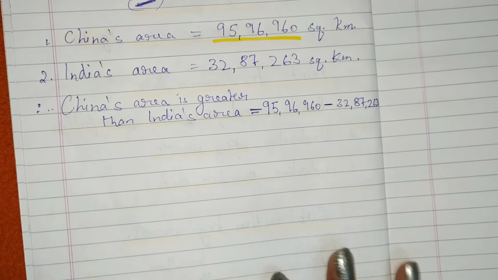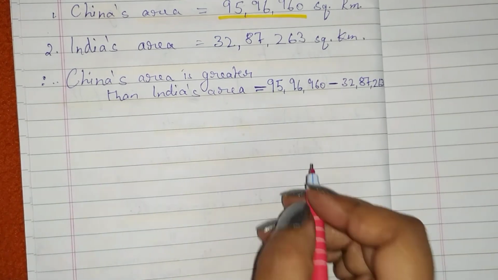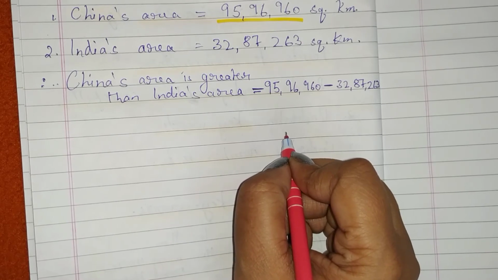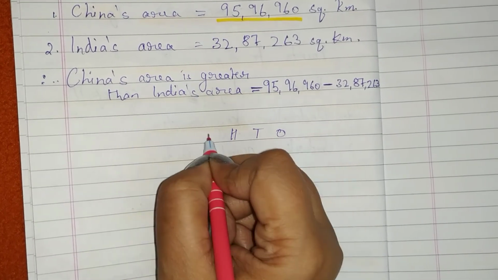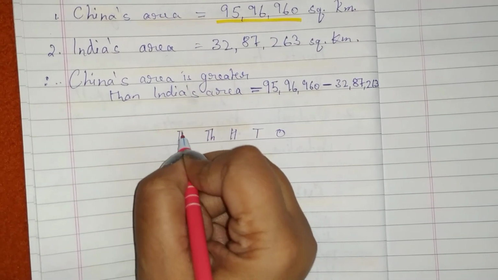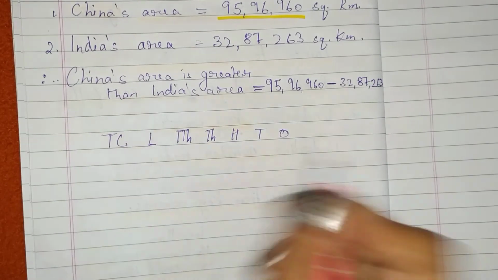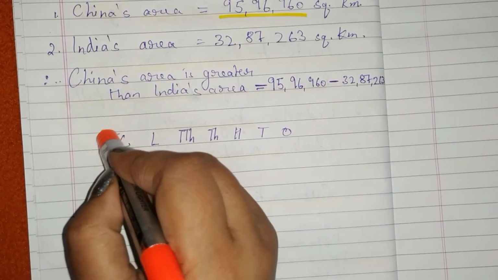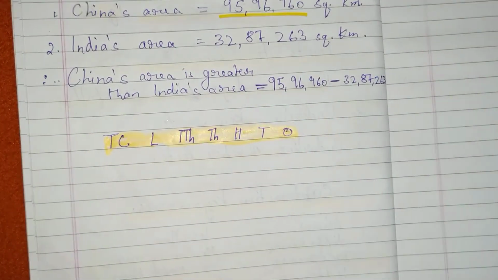Now arrange it vertically. Children, I have always told you, I always keep reminding you that we always place numbers from the right hand side. So what will be the place value I will start writing from the right hand side? Ones, tens, 100, 1,000, 10,000, lakh and 10 lakh. Children, always write neatly. So this is your place value, according to this you have to place numbers.